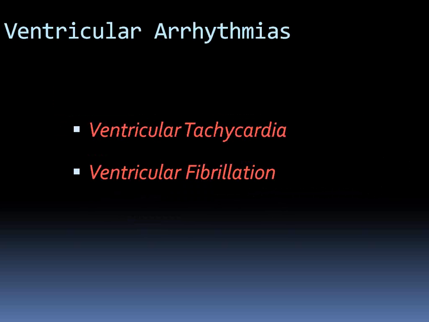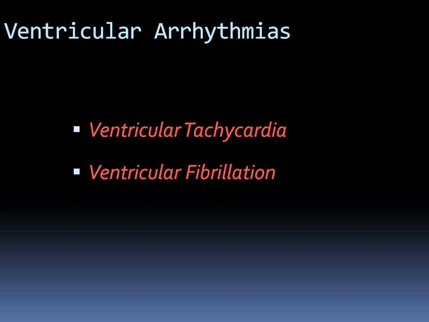Now we're going to discuss a little bit about ventricular arrhythmias. When you talk about ventricular arrhythmias, it means that the tachycardia or the arrhythmia is coming from the lower chambers of the heart, which could be the right ventricle or the left ventricle. Ventricular arrhythmias are the most unstable and dangerous ones in patients, especially in patients undergoing cardiac rehab. And they're very common actually in the first couple of weeks. If a patient will have a ventricular arrhythmia, it will usually be in the first few weeks after a myocardial